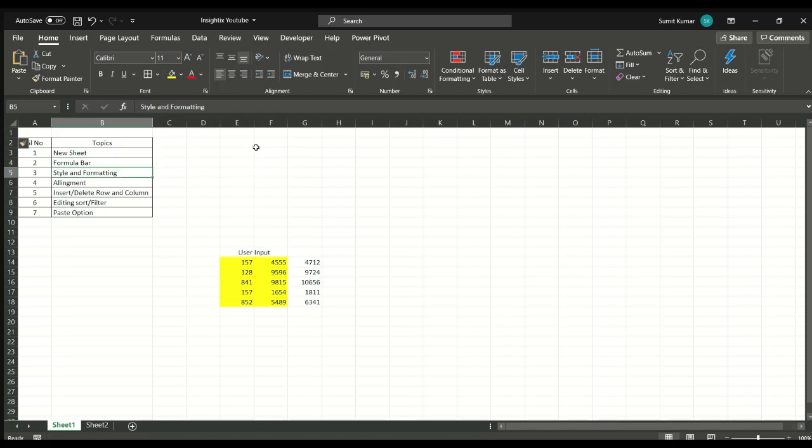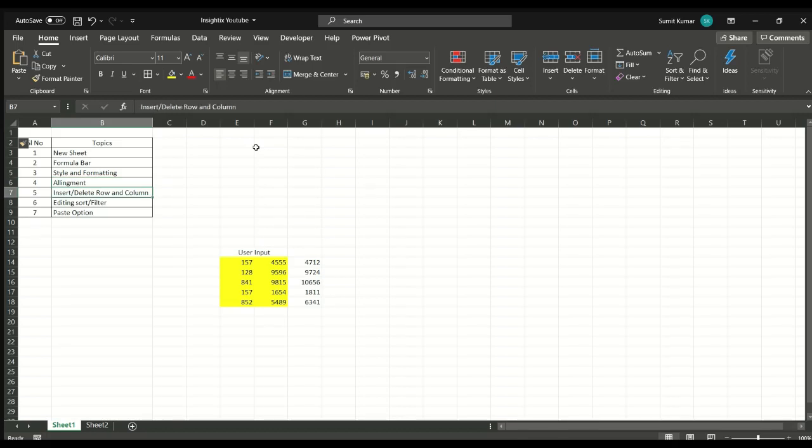And the next would be styling and formatting, which basically will be telling you about when you have an existing set of data with you in Excel, how can you style, format, add the formatting functions to that so that it looks much more presentable and neat. Next would be alignment. Alignment basically would be how to set your data in a given Excel. It is also basically to help your data look much more neat and aligned and in a proper presentable manner.